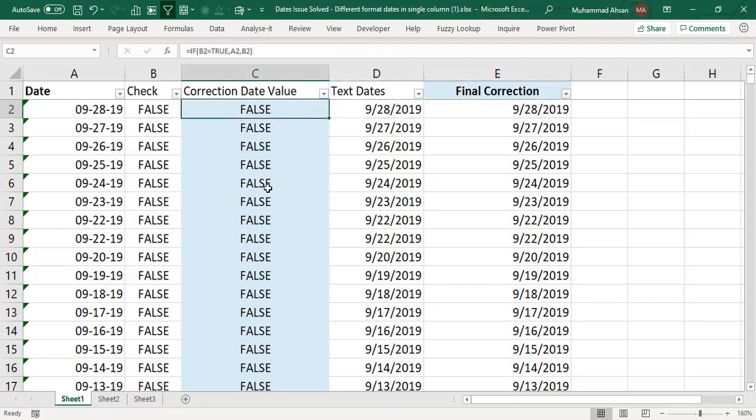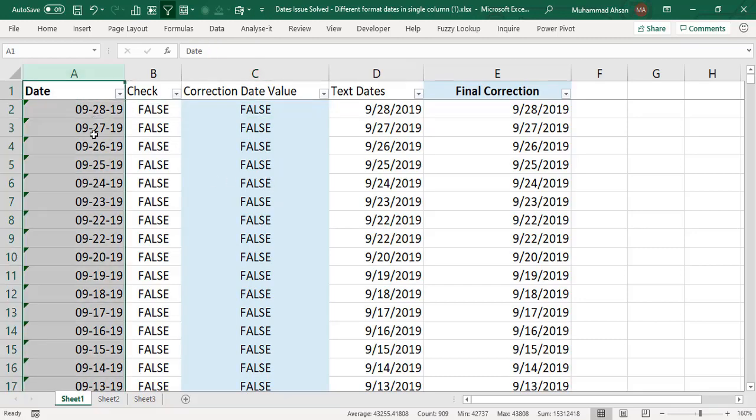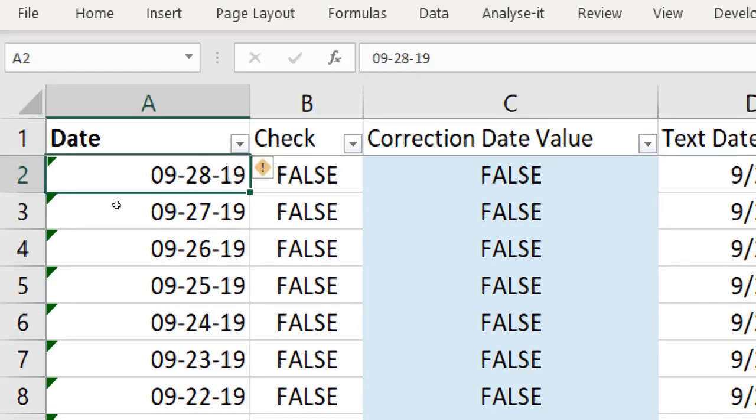But before that, step by step, I will show how I made them correct. I got only the first column from the client, and if we review this column, you can see that first I have a date which is